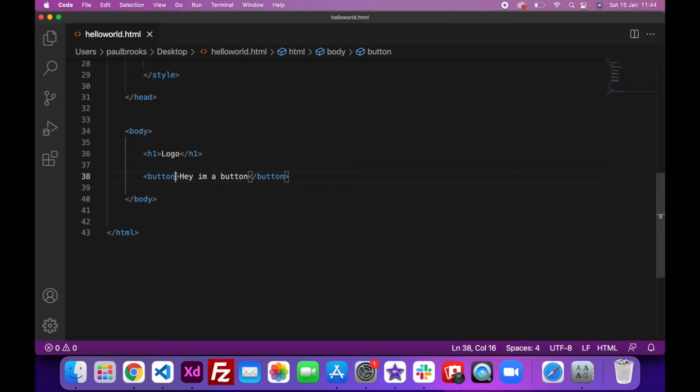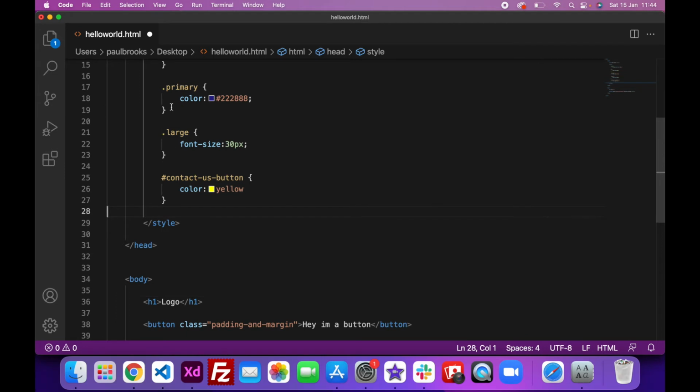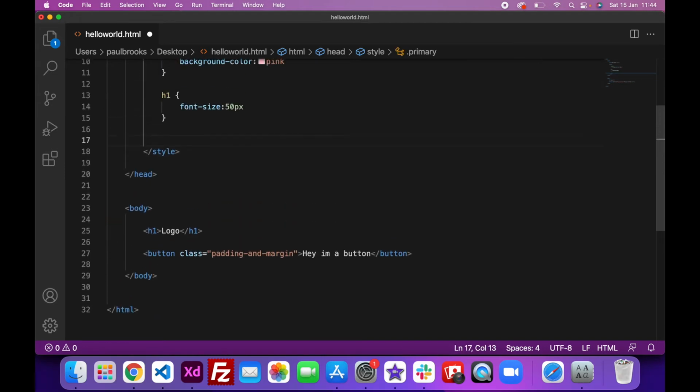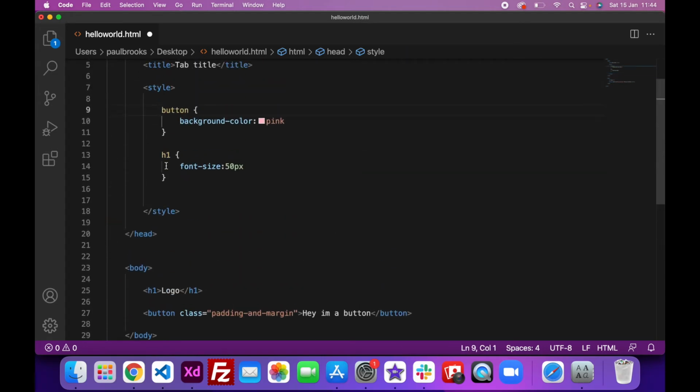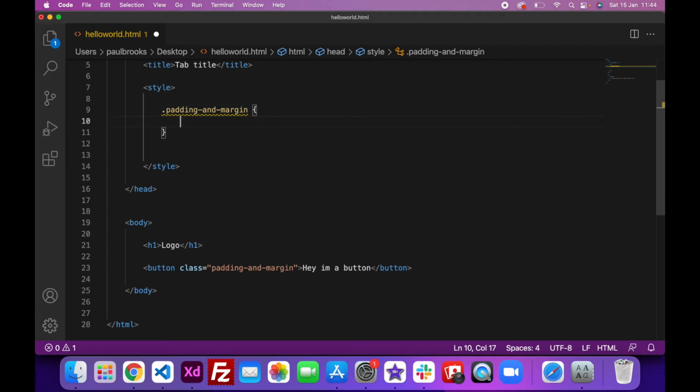So let's do this, okay? I'm going to put a class on this button and we're going to call it padding and margin because we're going to play around with both. There we go. Now that class doesn't exist at the moment, so let's have a look at the top. We've got primary, all these, we don't need any of these classes, and then we don't need any of these styles. Let's just get rid of all of them. We'll start from scratch. Okay, so my class was called padding and margin, so I do padding and margin. So that's my class. I open up the curly brackets